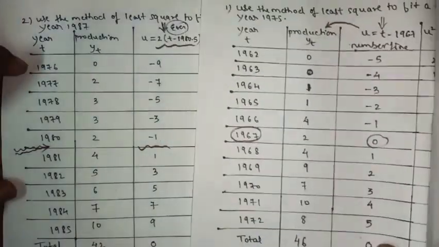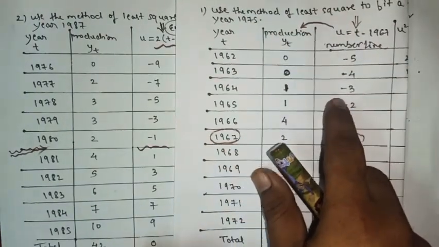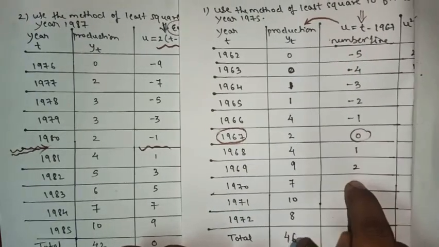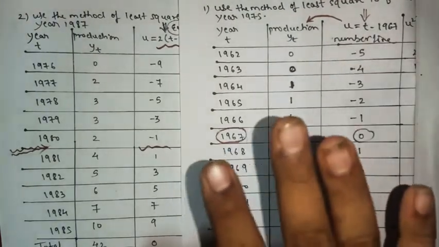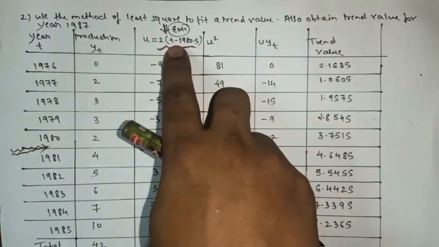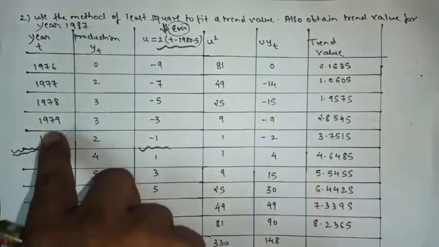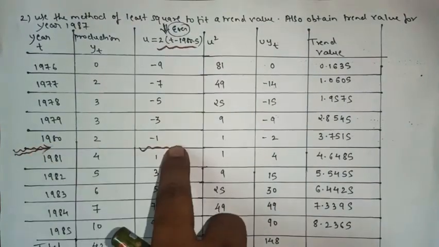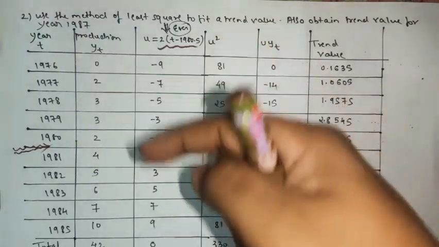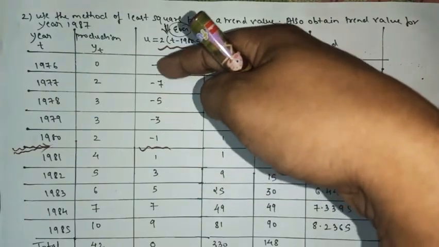So remember, whenever it is odd, the center will be 0, above negative, below positive. Remember this trick, and you can write the answer directly. No need of doing this step, like 1962 minus 1967, same here also, 1976 minus 1980.5, then multiply by 2. Straight away, see the middle two numbers, and go on writing the odd numbers in the opposite direction: 1, 3, 5, 7, 9, so here it will be minus 1, minus 3, minus 5, minus 7, minus 9.